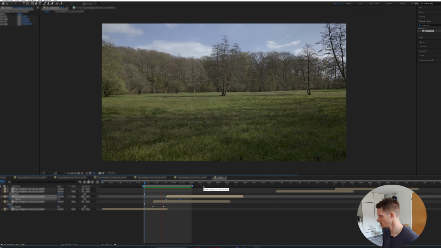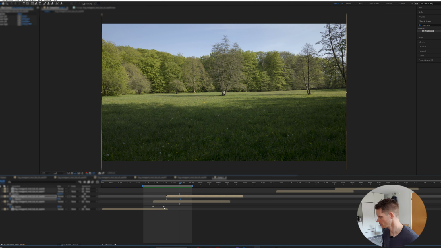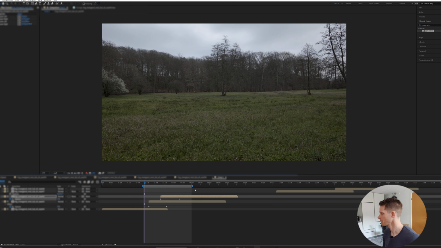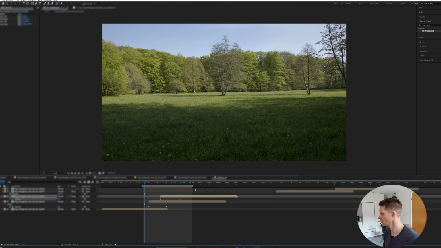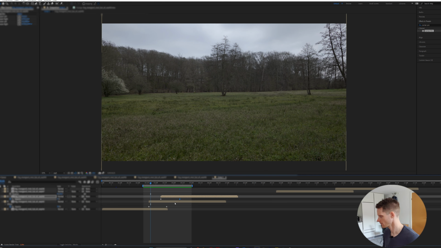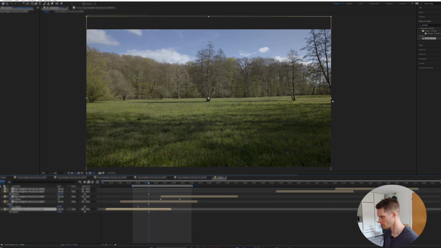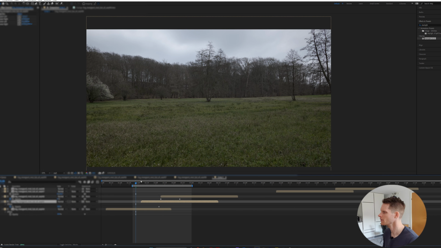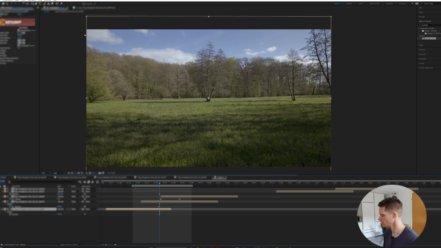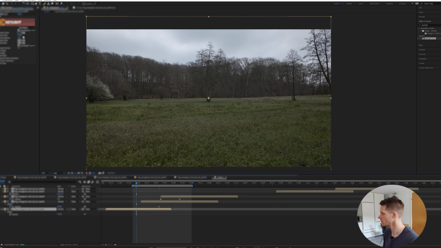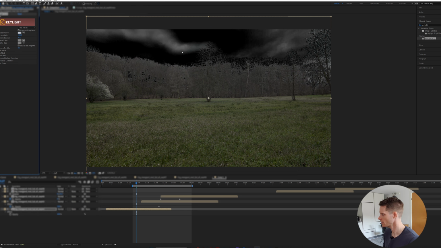I think the transition is a bit too quick for this one, so I think it will look better if it just fades out more slowly. Yeah, it's not too bad. Maybe I should try to just add this key light right here, because it could be interesting to try and remove the sky, because the sky here is cloudy. Over here it's more clear, so perhaps it will make the transition more smooth